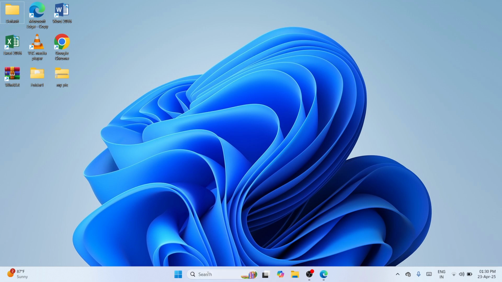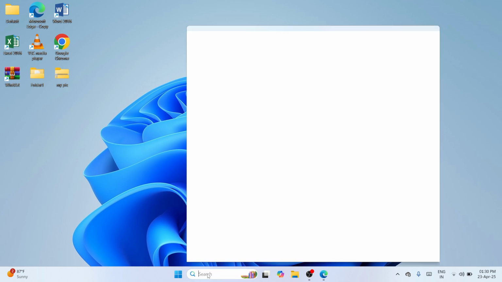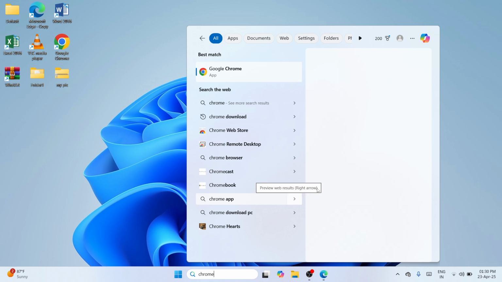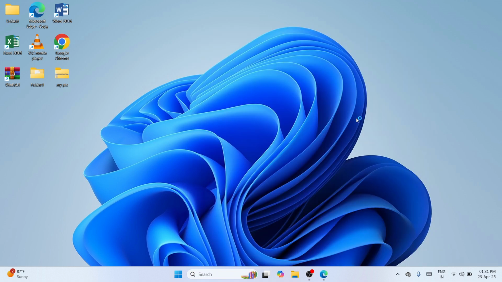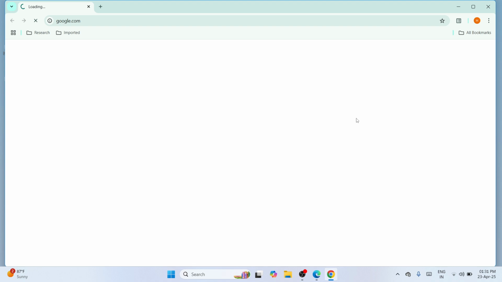Firstly, you need to proceed at the bottom search bar and type for Chrome. Once you've typed it, wait until a best match would appear here in our window. Okay? And once it's here, please navigate on clicking on Open. So once you have brought up this Google Chrome browser, okay, all you need to do is